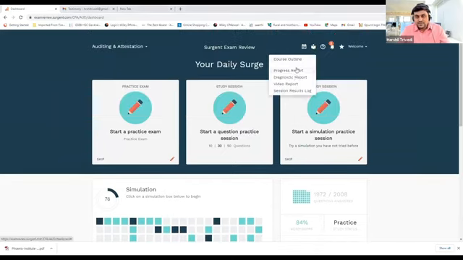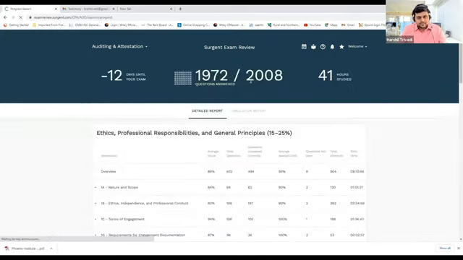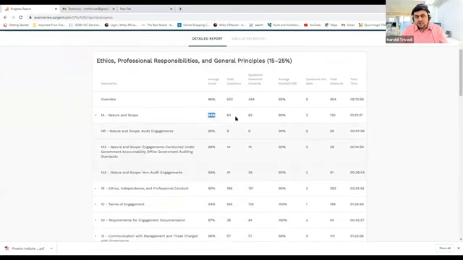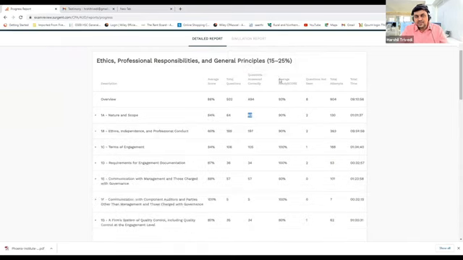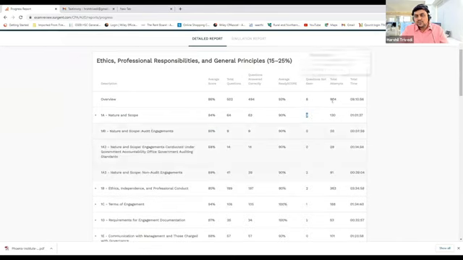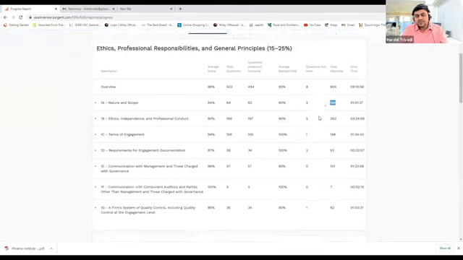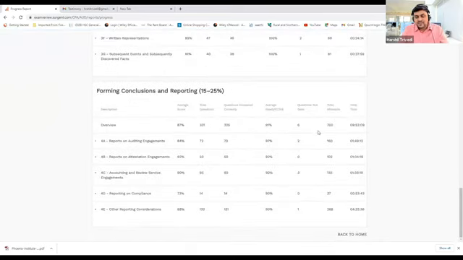If you want to see her progress report, this is her progress report. For topic 1, her average score is 84%. Total questions 64. She answered 62 questions. Average ready score is 90%. Only 2 questions were not seen, and the total attempted questions is 130. So this is how she has appeared. This is a detailed report of what she got through the practice sessions.